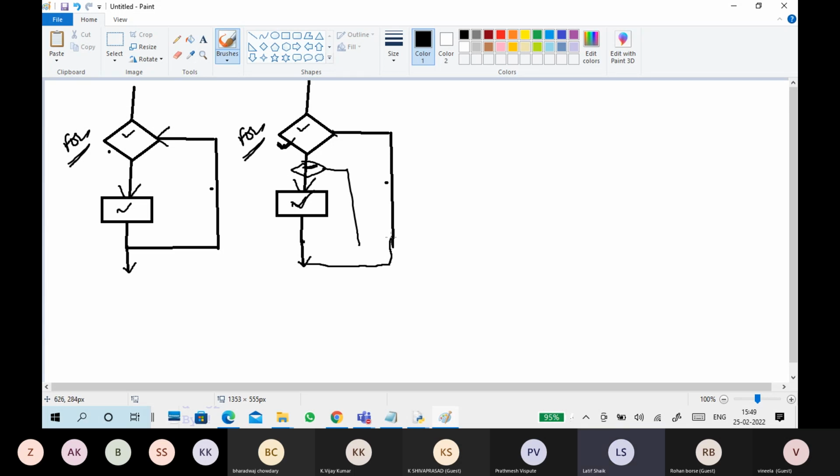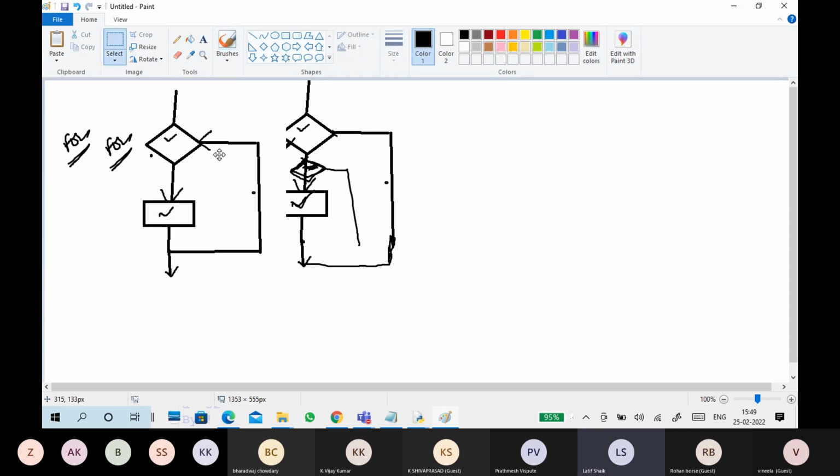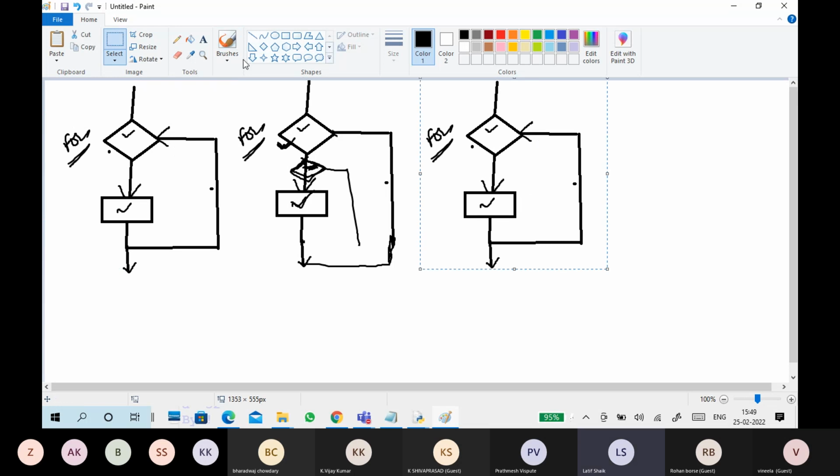Actually, this is the thing. It will break the loop if the condition is satisfied. Same thing with continue. What is this continue? Continue is also a loop statement.